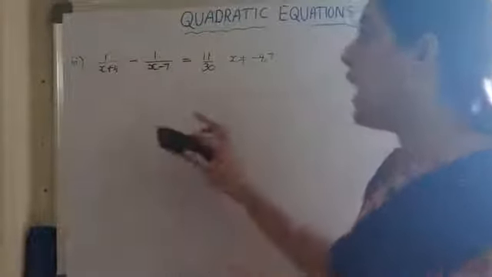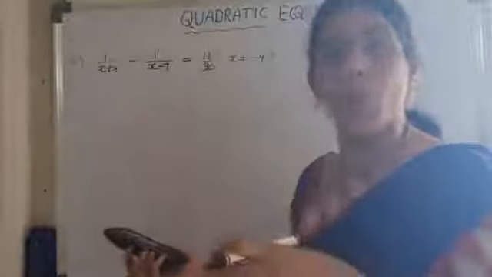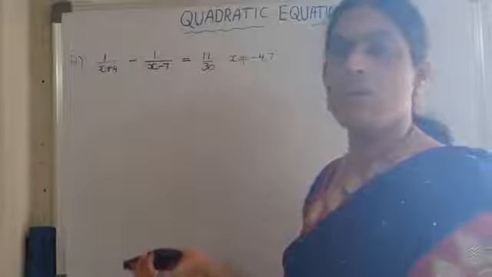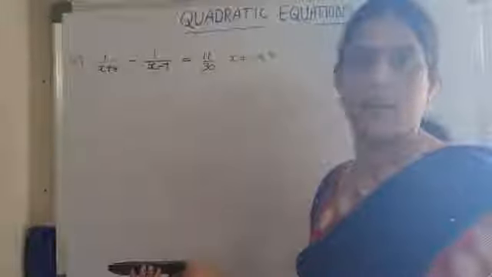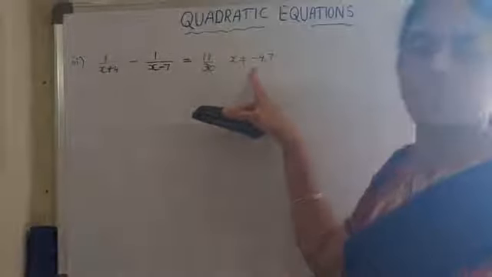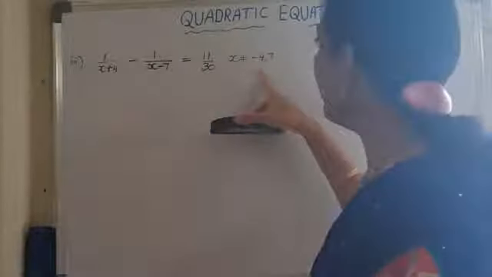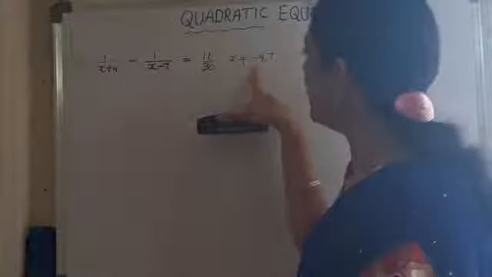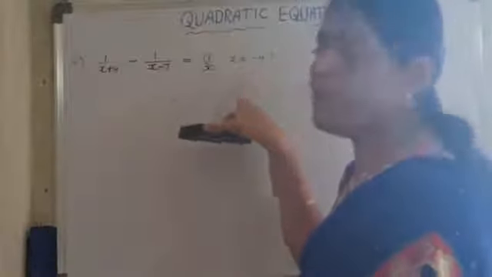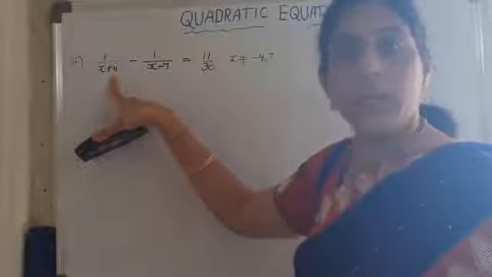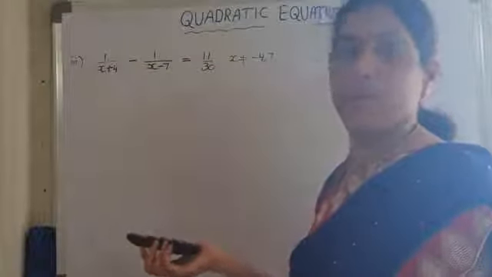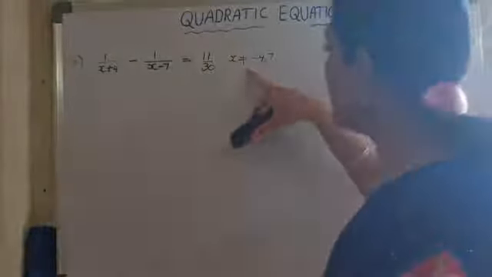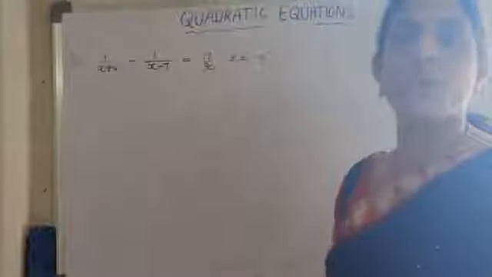First of all, we have to transform the given equation into a quadratic equation and then we can use the method to find the solution. So how to convert the given equation into a quadratic equation? Just observe here. One condition is given: x is not equal to minus 4 and x is not equal to 7. Why has he given it like this? If x is equal to minus 4, then x plus 4 becomes 0, and 1/0 is undefined. Here also for 7, x minus 7 is 0, and 1/0 is undefined. That's why the condition is given, x not equal to minus 4 and 7.